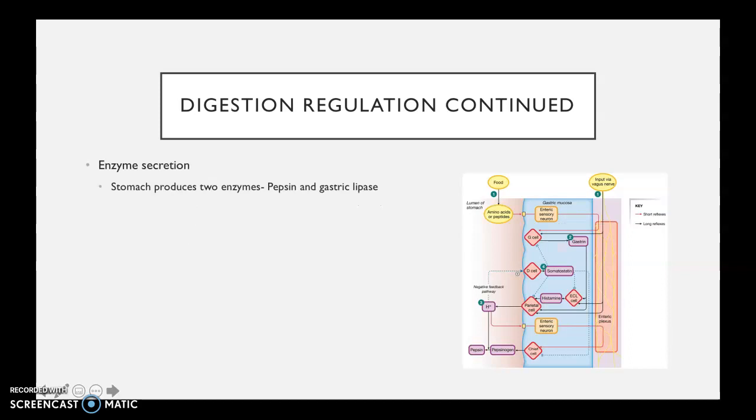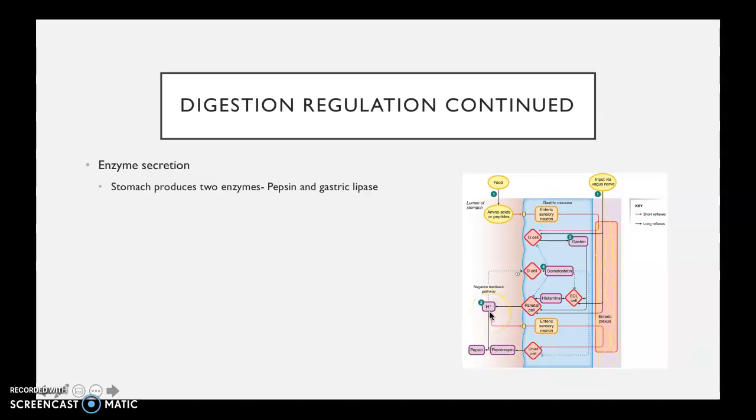Okay. As we continue, I will cover enzyme secretion. The stomach produces two enzymes, as we talked about in the last slide. Pepsin is one of them, and gastric lipase is another. First, I will cover pepsin. Pepsin carries out the initial digestion of proteins. It comes initially from pepsinogen, which is released by chief cells. As you can see in this slide, this picture outlines exactly the path it takes to get to pepsin. The chief cells are stimulated by